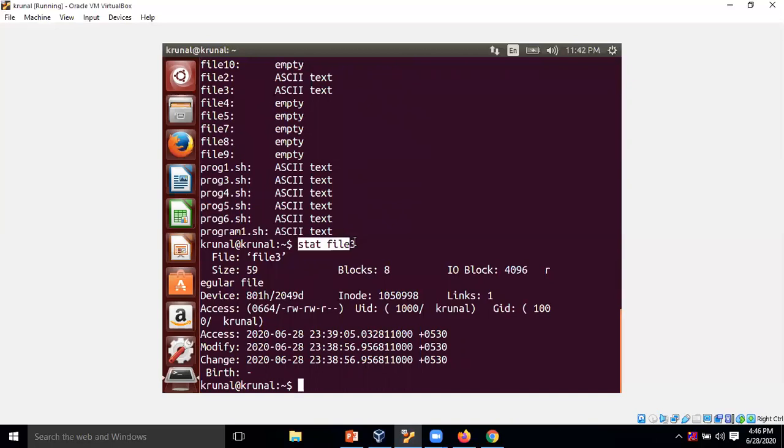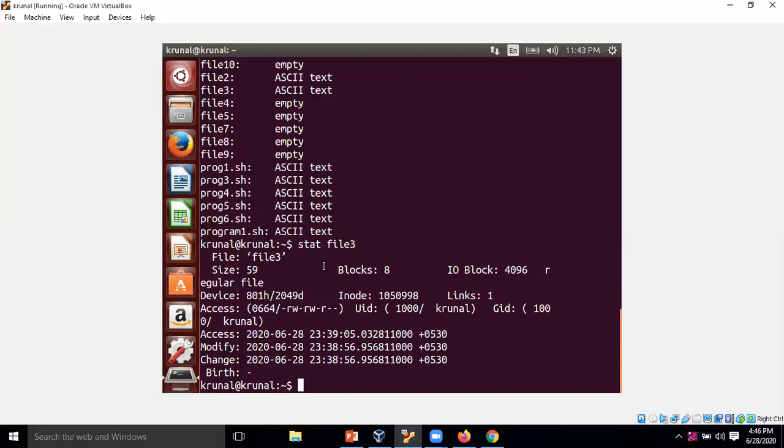The stat of file 3 contains various attributes and values, like file name, file size, how many blocks are required, that this is a regular file, and the inode, which is the index value of this file. Also privileges, user ID, group ID, access time, modified time and so on.